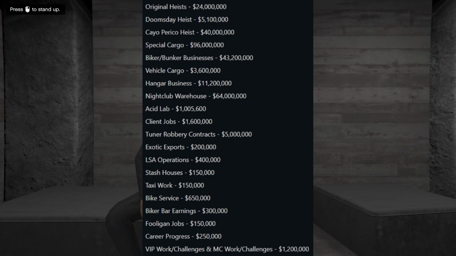$1,005,600. Client jobs, 1.6. Tuner robbery contracts, when you go to your auto shop and you find the contracts board next to Sasanta, when you go upstairs in front of you, that's what it is. Exotic exports is when you find random vehicles around the map. You can only make 200,000 from each of them at most. The LSA operations, that was released very recently during the summer update last year, I believe,